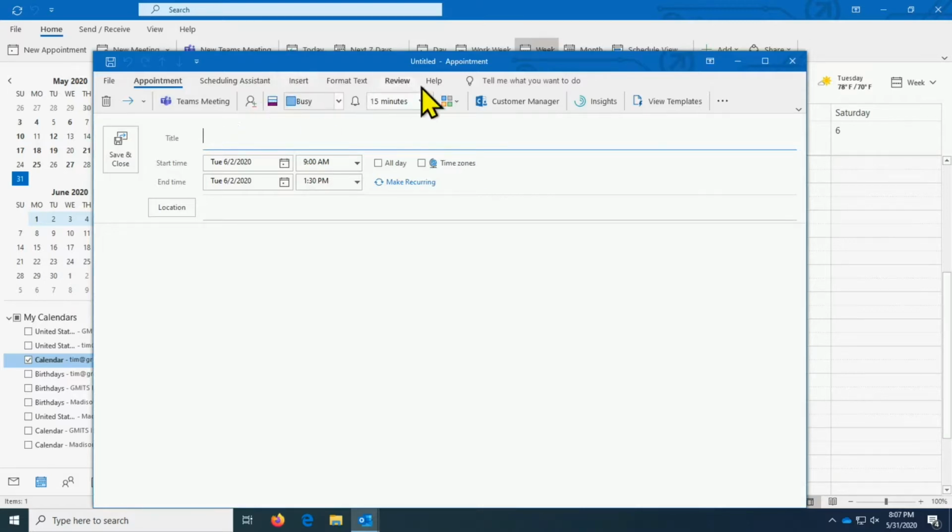Quite a few options here. I can add in the details of the event or appointment down here. Give it a title, that's mandatory. Desk appointment. Make sure the start and end time are correct. I can also check the box to make it an all-day event. I can enter a location,